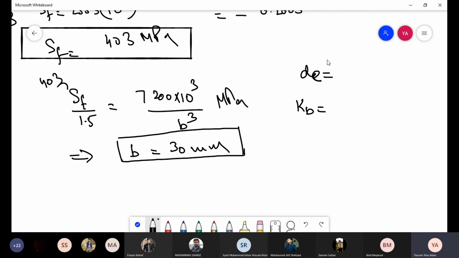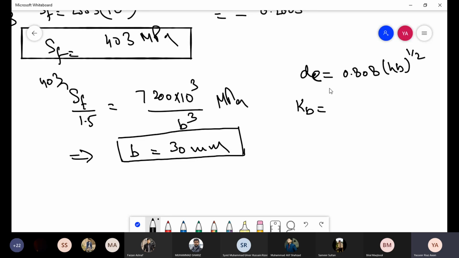Size factor, obviously, if there's only bending, then you have the direct equation that relates diameter to size factor. But if you have a non-rotating case or a non-round case where the cross section is not round, then you have to go for the equivalent diameter, and in this case the relevant equation is